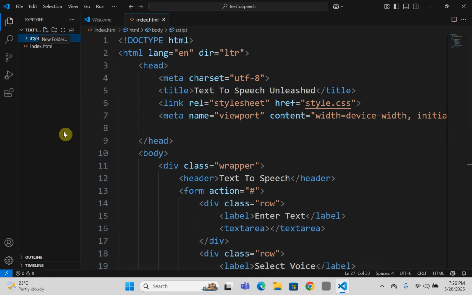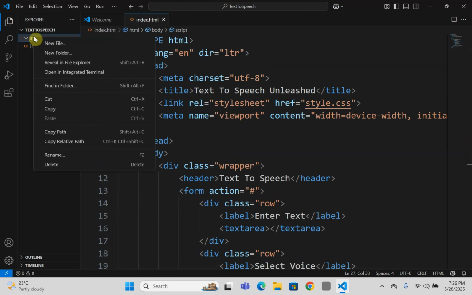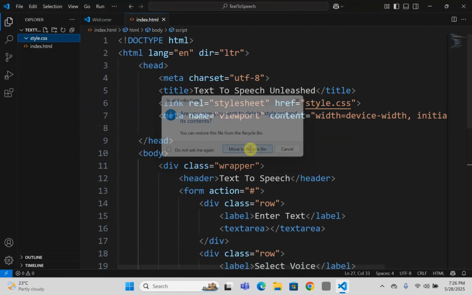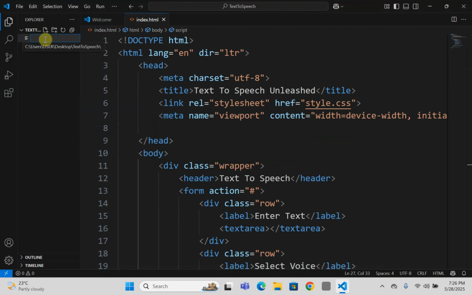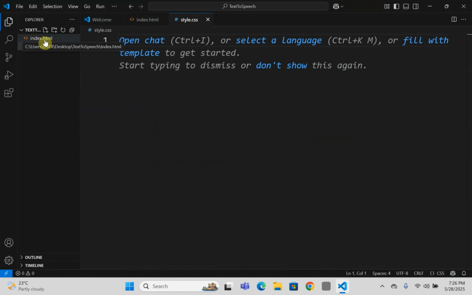Style.css, I'm sorry. Is this a folder? Let me delete it. So let's create a style.css. So for style.css,